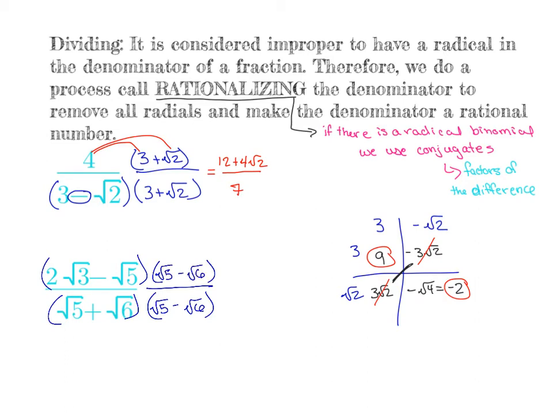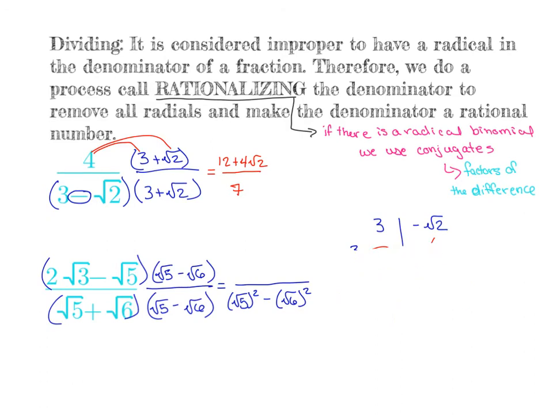And so then when we multiply this out, we know that for the denominator, since it's supposed to be a difference of squares, it's going to be the square root of 5 squared minus the square root of 6 squared. So the first term squared minus the second term squared, which is going to simplify to 5 minus 6, which is going to give us negative 1 in the denominator. So now on the numerator,